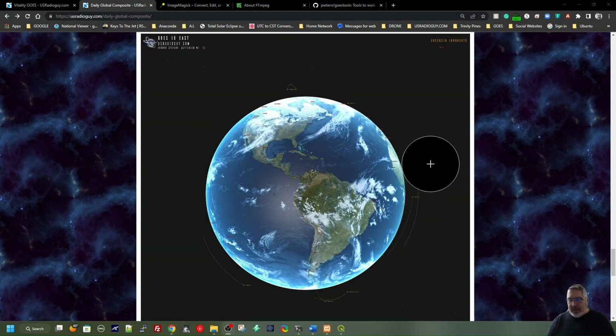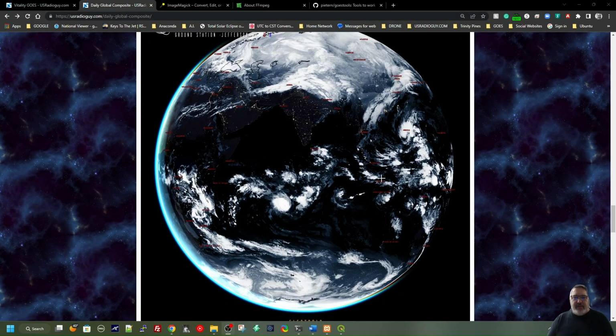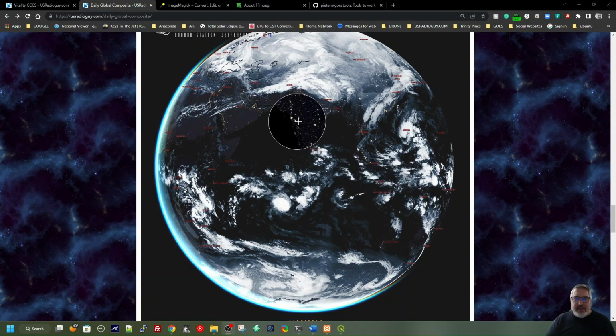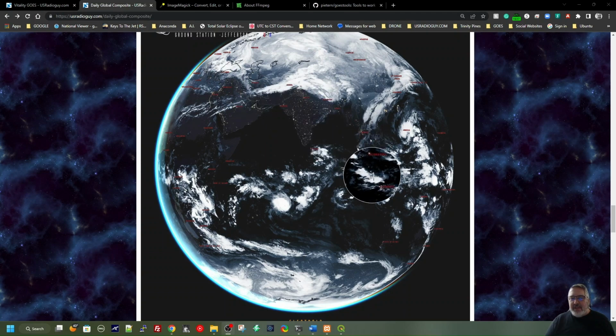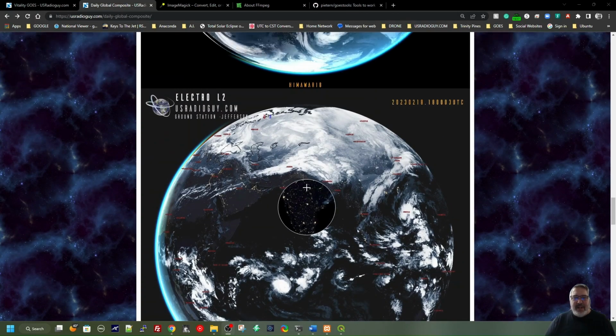Okay, going back to some imagery, let's see. So there's the night view. This is the view from Electro L2, where it's centered over at its orbital position. You can see, if I just use the feature here, you can see the lights from the cities below. And there's EWSG1 with its ugly outlines. If anybody knows of a public source where I can get EWSG1 besides SSEC, let me know, because I haven't